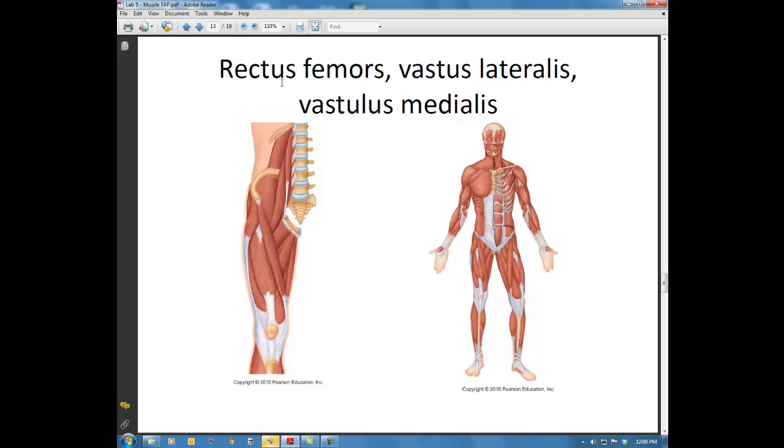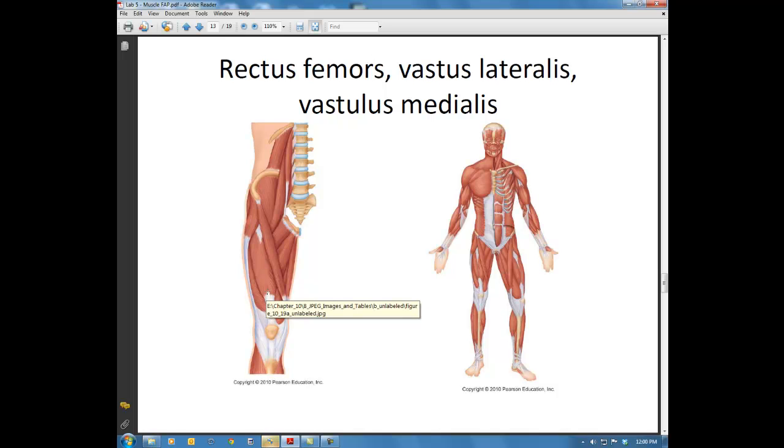So if we look down at the knee, use the knee as your reference point. The muscle that runs right in the middle, straight up and down here, is the rectus femoris. Now remember, this is over the femur, so the word femoris makes sense. So it's rectus femoris, just like we had a rectus abdominis over the abdomen. Straight up and down, right in the middle,